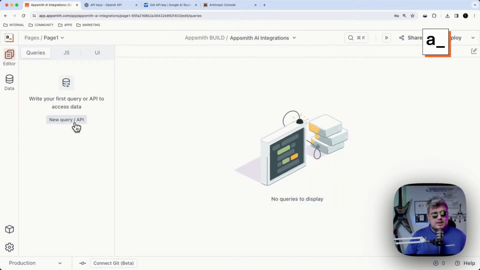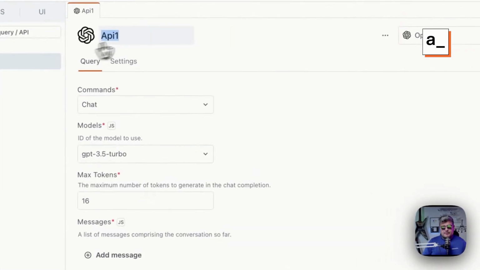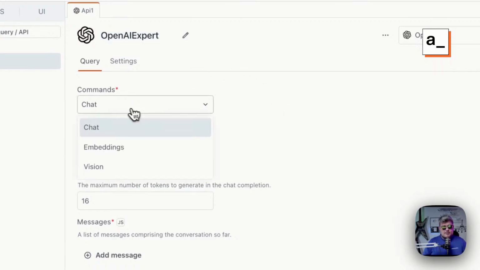So we'll create a new query, select OpenAI, and here we have some different settings that we have to set up for this query. The first thing is going to be the name. I'm going to call it OpenAI Expert. And here you can define which command you want to use. It's going to be chat for a conversational type of OpenAI assistance, embeddings, and vision. For now, we'll use chat to keep it simple, but in our YouTube channel, you will see some other options